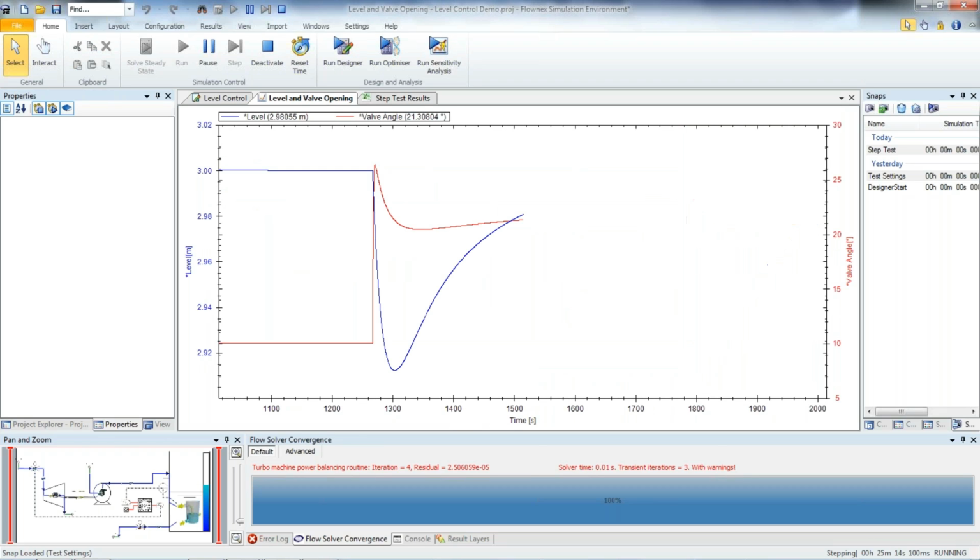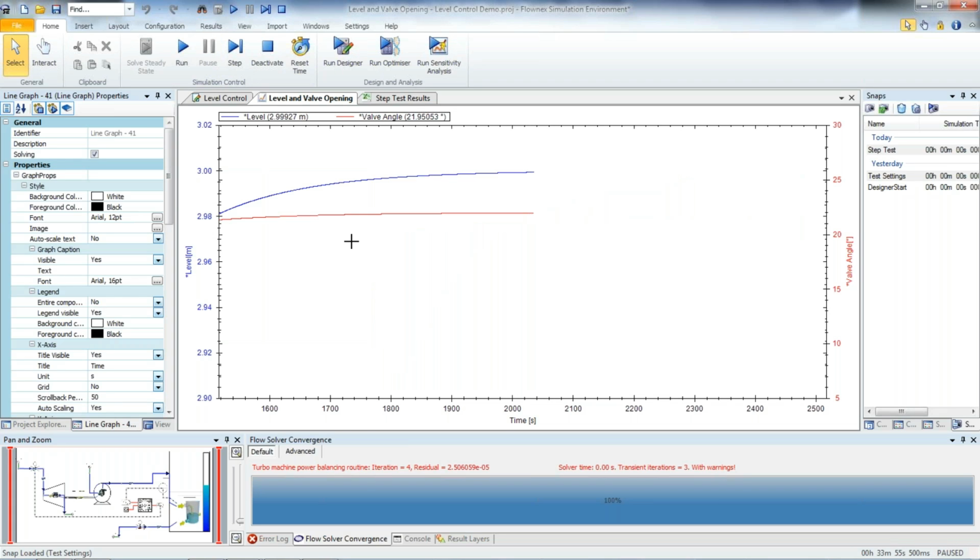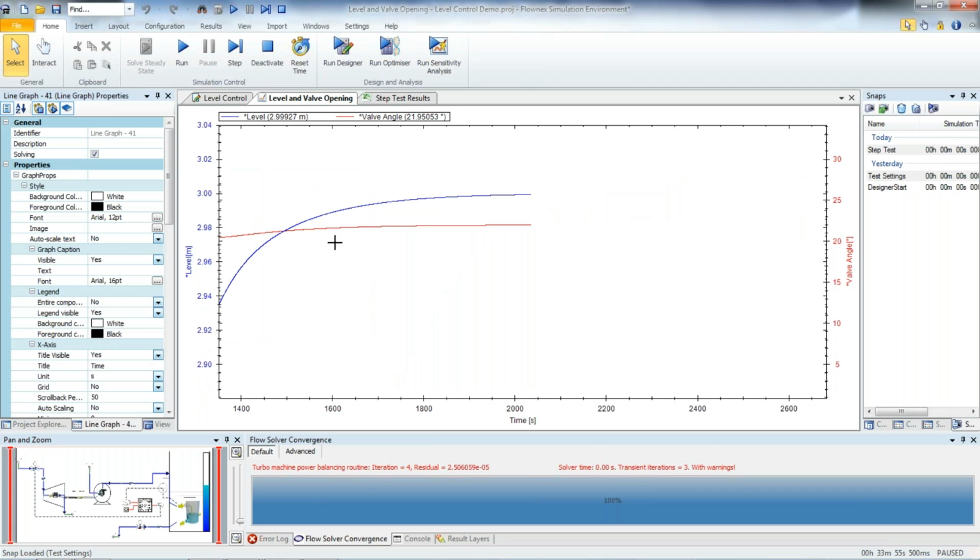So with the sudden dip, because we're using a PID controller, a controller with a differential term as well, the sudden decrease in level, that derivative change, results in an almost immediate response from the controller. So we see the valve opening very rapidly. It opens from about 10 degrees right up to about 26 degrees, and then decreases and then continues to operate at a similar value. This then results in a sudden decrease in our tank level, followed by a gradual increase